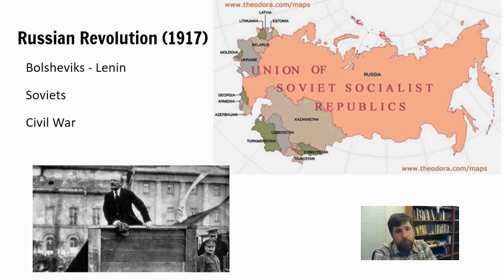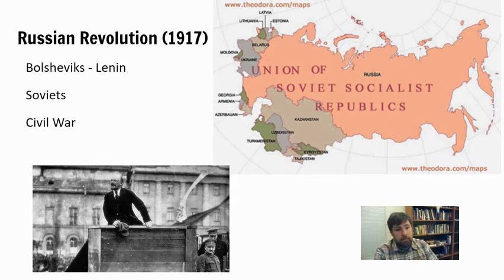There was a massive civil war that took place after the Bolsheviks and Vladimir Lenin came to power in 1917. The Bolsheviks were the Red Army, and they had to fight against a group called the White Army that was supported by both the British and the United States. Many people who talk about the Cold War have started to talk about the Cold War beginning even as early as 1918, 1919, and 1920, when the United States government sent soldiers to go try to undermine the Soviet Union in its earliest stages.